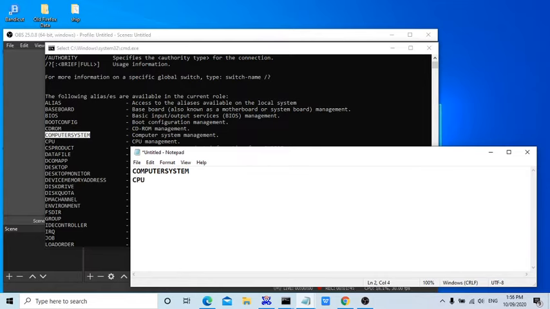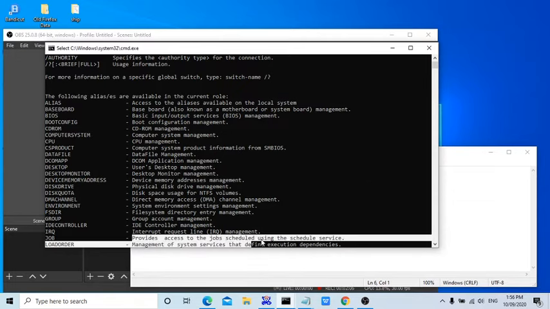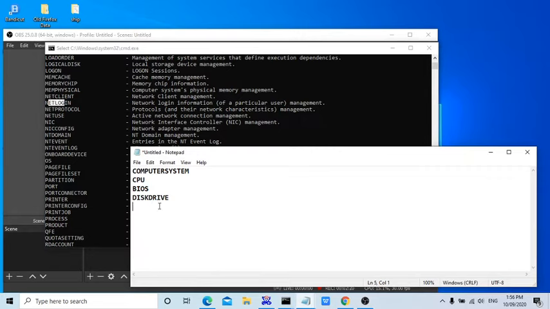For example, CPU, BIOS information, disk drives information, and disk quotas. You know, how many groups, job schedule task, provide access to the job schedule. You don't need to remember the SCH task command. Logon sessions, memory cache management, network login information, net logon, net use, network interface card,